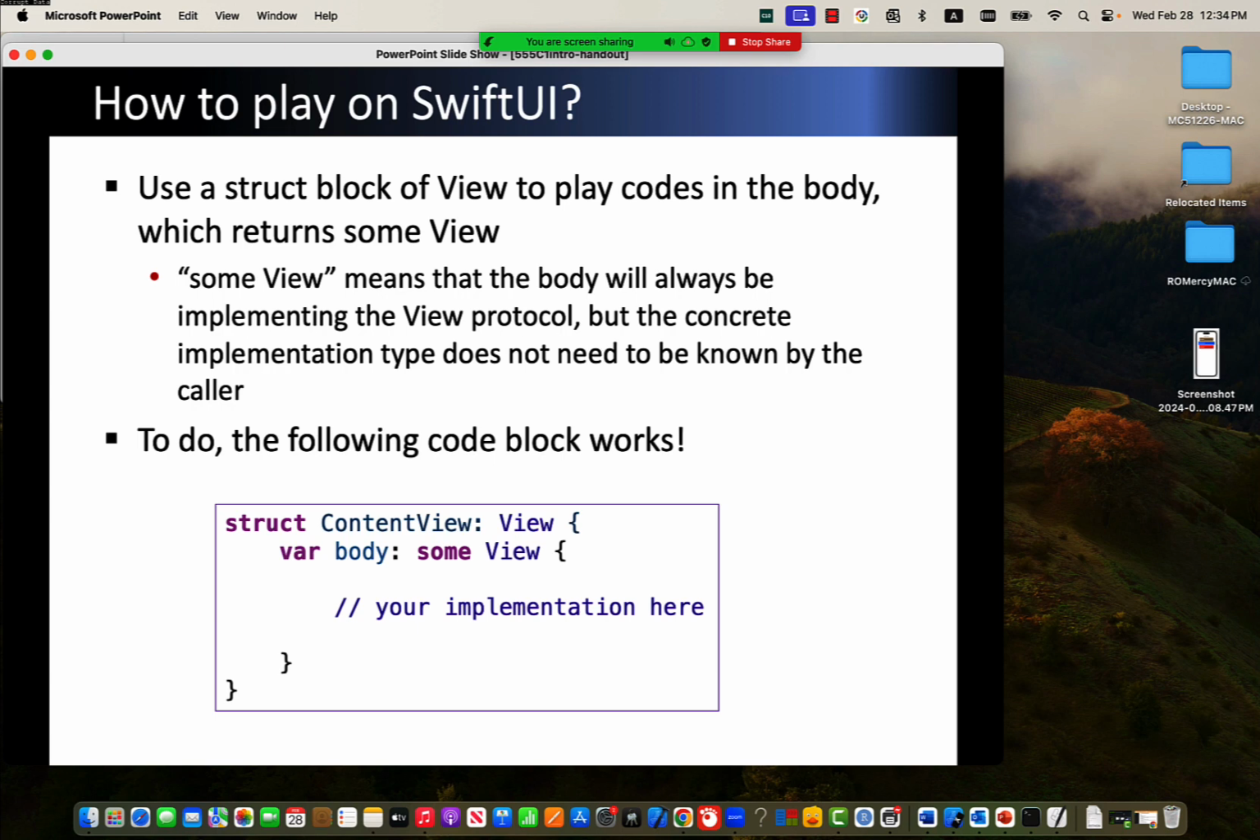Okay, this is important from this slide: how to play on the SwiftUI playground. Use a struct block of view to play code in the body. So there's a ContentView, which is a struct. Struct is,